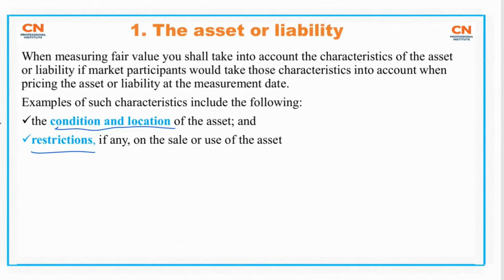You also have to look at the location, because location can affect the transportation cost. It can affect accessibility. All right. So location is also there because you realize that the price of a land in a city may have a different fair value or a higher price than one in the village, maybe because of stronger demand and a lower access cost, all those things. So we look at the location of the asset too.